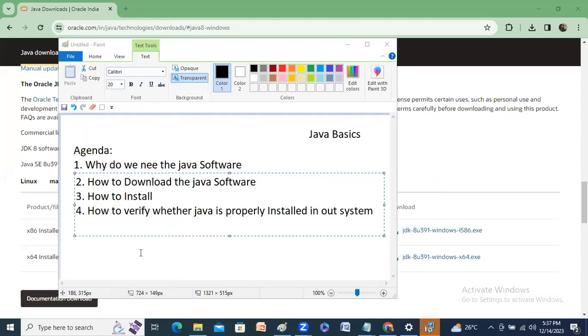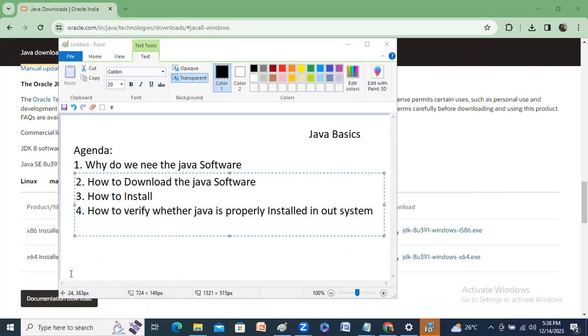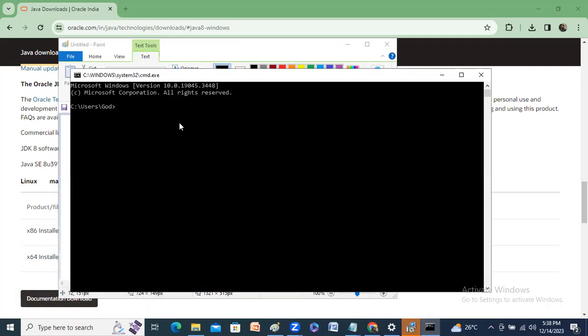No. Here you cannot do that without the installation. After the completion of the installation you can write any program, but how can you identify whether Java is installed or not? For that purpose, just go to Run. It is visible, Run, guys. Yes, sir. So here, just type CMD, press enter, then automatically the command prompt opens.